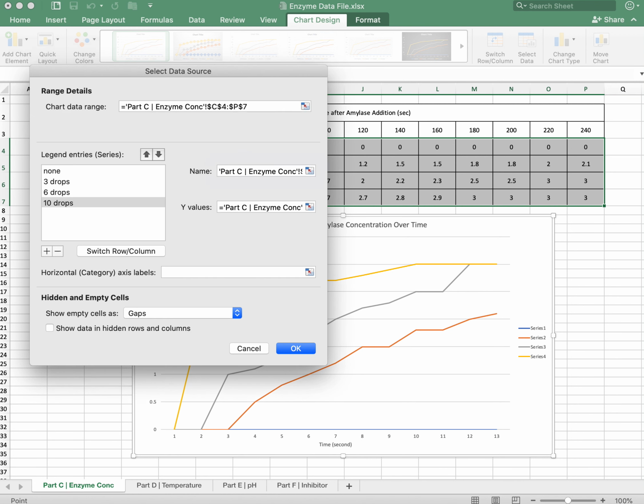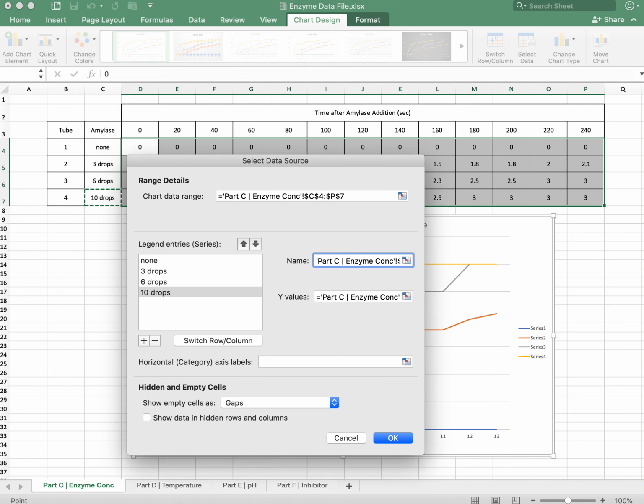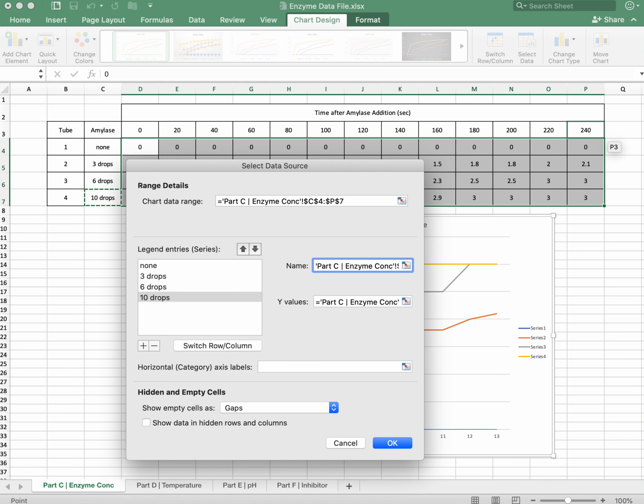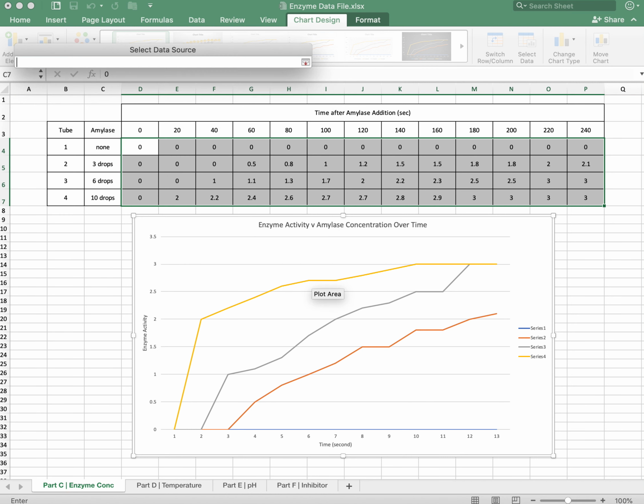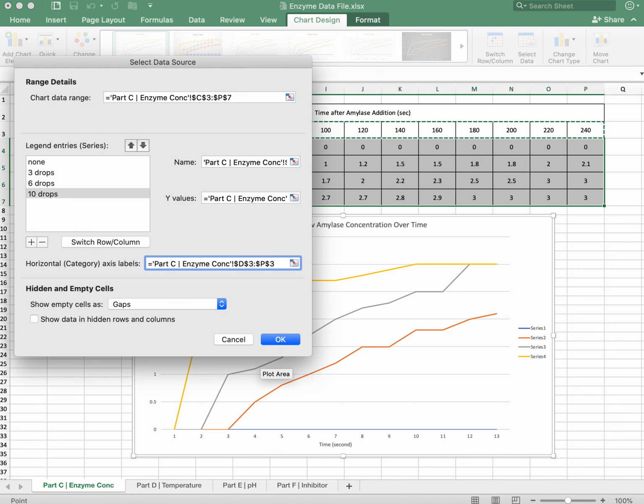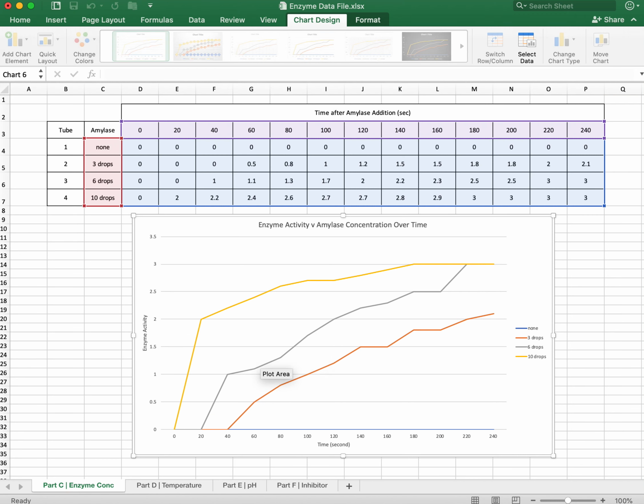And last one, so now all of this series have the actual name of the amount of amylase. The last thing we want to do to adjust the chart is, if you'll notice on the x-axis, it just has 1 through 13. It just randomly chose times, yet the actual time is 0 through 240 seconds. So we need it to know that these are the values that it's supposed to use, and all of the series use the same x-axis, so we can choose that here, highlight the x-axis values, and then that becomes part of that, or inserted in that, and then all we have to do is click OK, and all of those